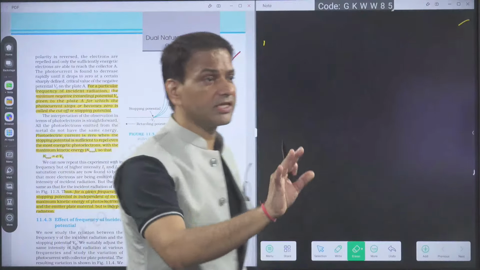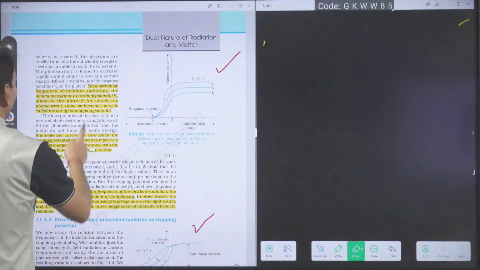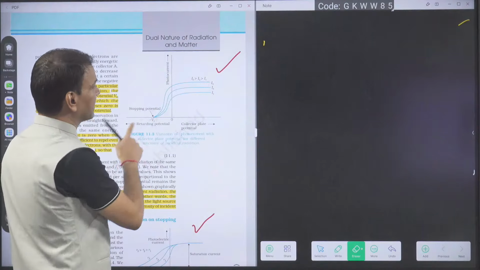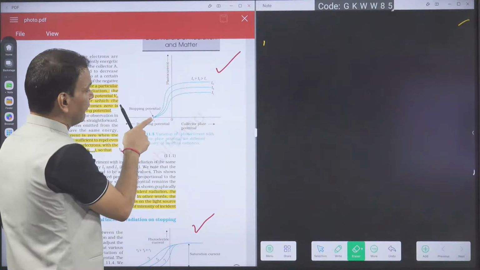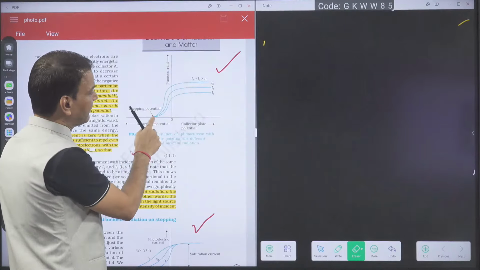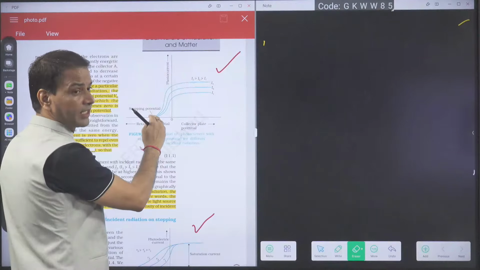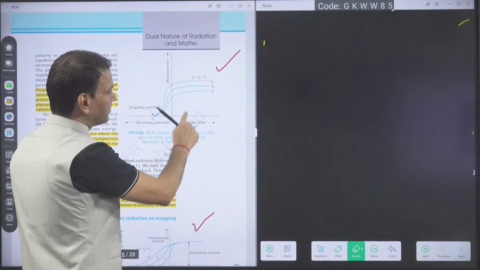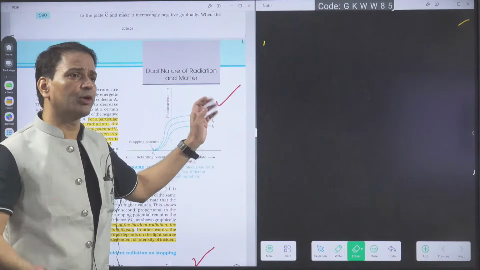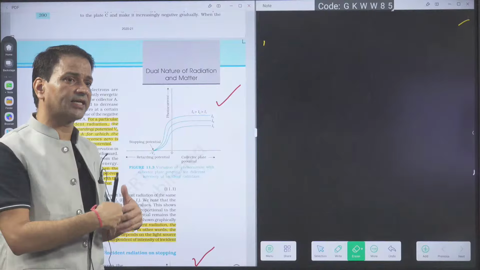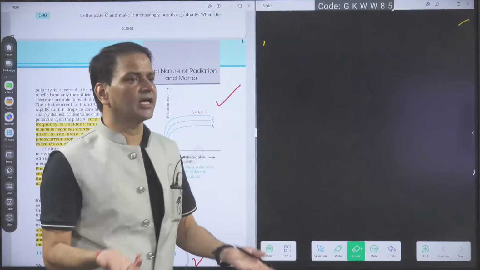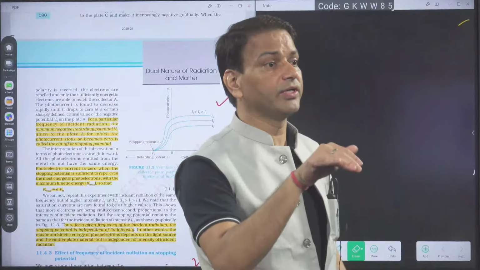Stopping potential will always be a negative potential. That you also have to remember, for a particular frequency. Now this shows what stopping potential means. Current is zero. This is the graph between photocurrent and the potential. For negative potential, photocurrent is zero. After that, we are increasing the potential of the collector. Then current is increasing. But after some certain potential, there is no meaning in increasing it further, because suppose 20 electrons are ejected, now all 20 start reaching the collector. Now current becomes constant. After that, even if I increase the anode potential, current will not increase. So we got the saturation current.